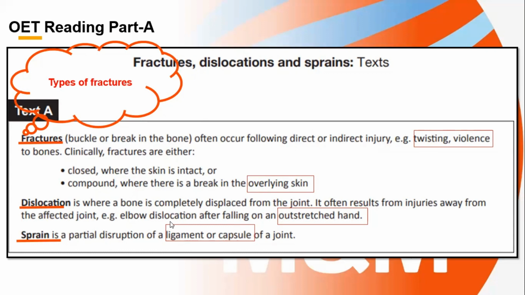In dislocation, similarly, I would mark the outstretched hand as an important word that may be helpful for me, and in sprain, ligament or capsule of a joint as an important word. So to summarize part A, what we can learn from it, and what you would have in the background in your mind, is the types of fracture in general. And these are some of the keywords I would remember. It may be helpful for me to locate my answer, right? Anyhow,